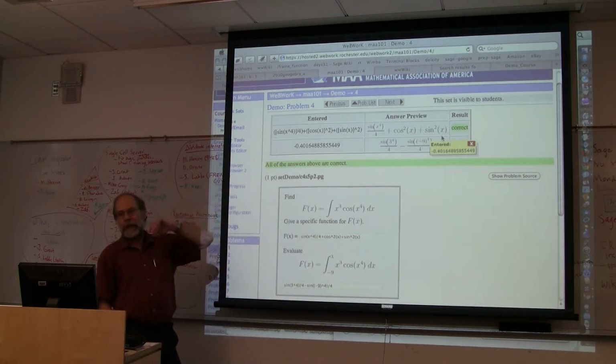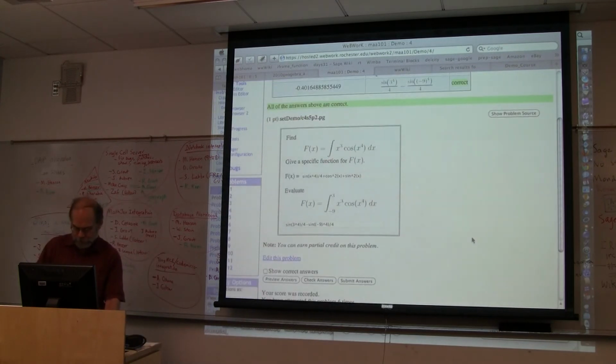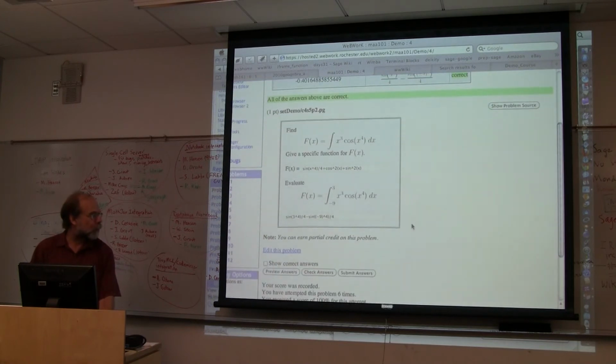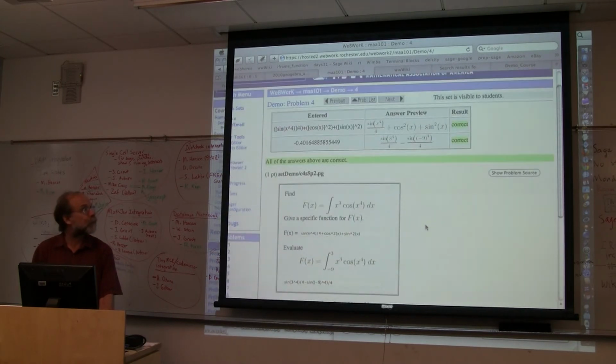So we put in this answer preview, which is not quite real time, but there is a preview button down here, so you can preview your answer without actually submitting it, if that's of importance to you. Having the stuff typeset and sent back to you reduced those complaints practically to zero. And it works really well. People still want a keyboard entry type thing with square root signs and so on. I'm personally reluctant about that, but particularly below calculus, that might be more important. But this goes a long way to solving that problem.